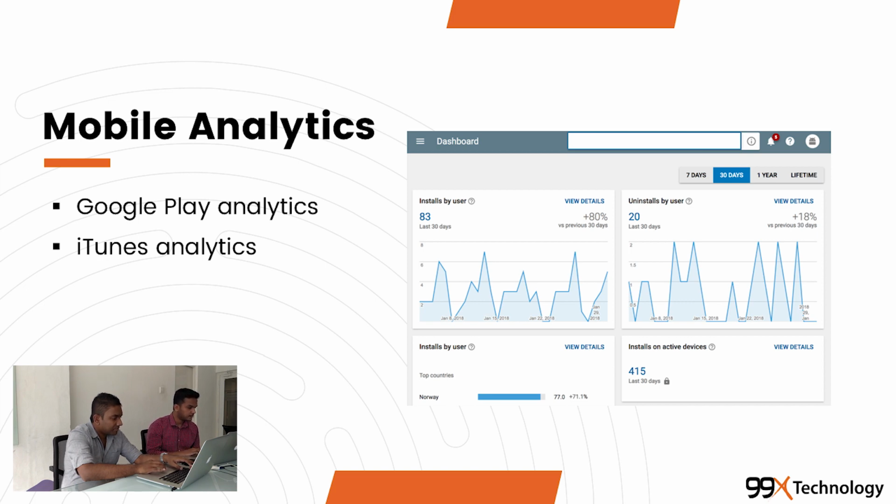We can identify them. And also we can see how many people install our application. So maybe we are doing something wrong, and maybe we can improve our offerings. And also we can see the number of crashes that require our immediate attention. And we can even look at more complex